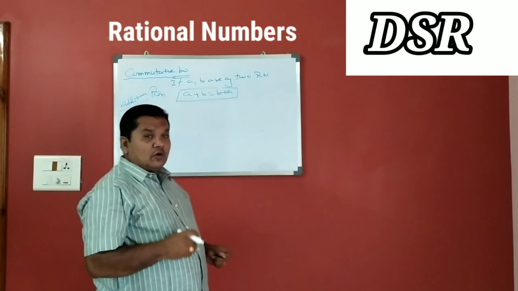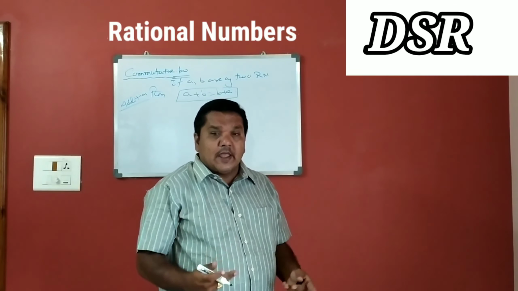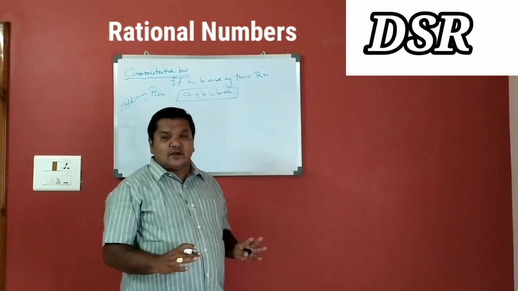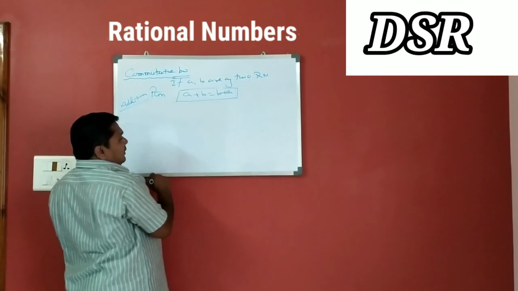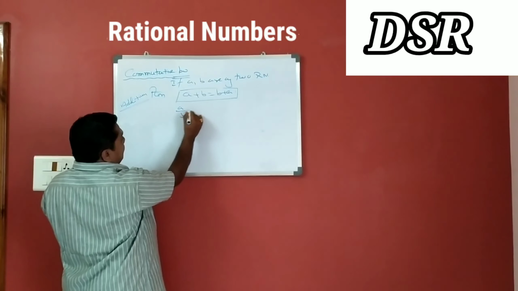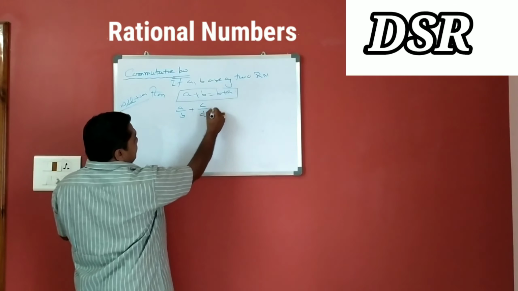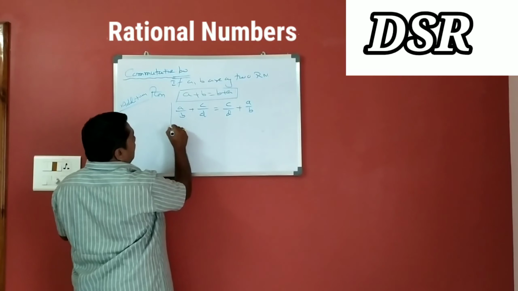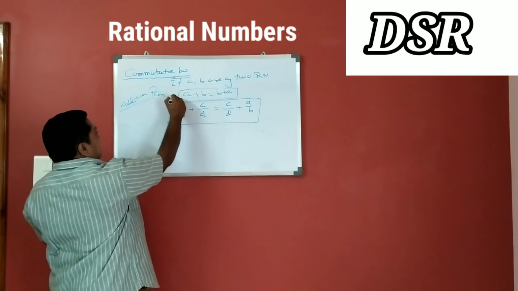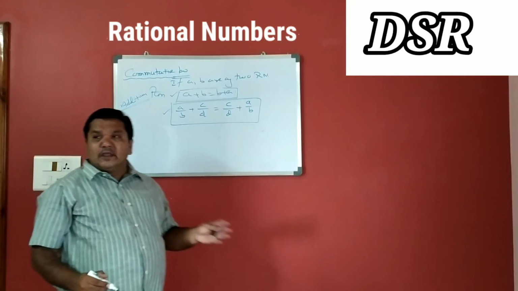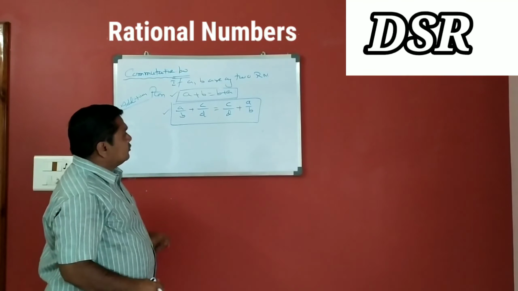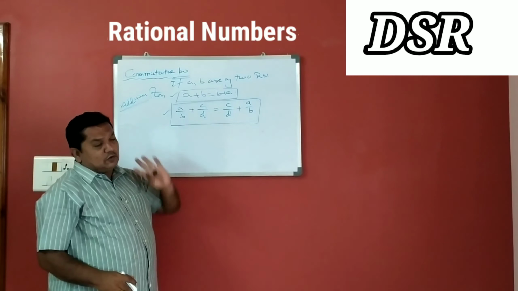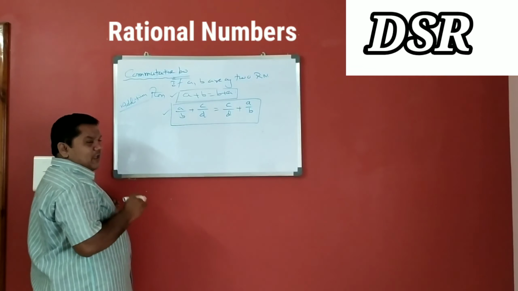Sir, what we have told, if you take the P by Q form or the general form, any number you take is a rational number. For example, A by B plus C by D is equal to C by D plus A by B. You can write it this way also; it is correct and this is also correct. We can take any fraction or any number. So A by B plus C by D is equal to C by D plus A by B, and A plus B is equal to B plus A. For example, we are checking whether we satisfy it or not.